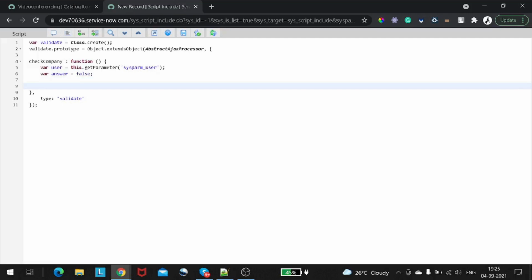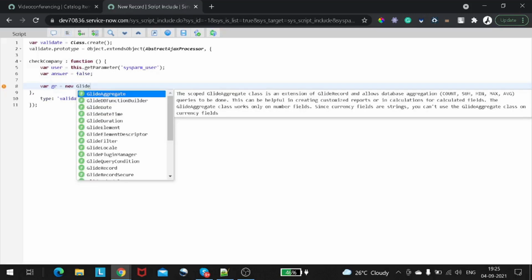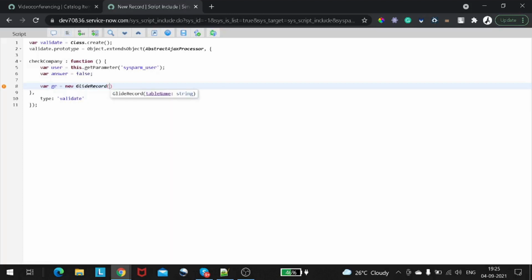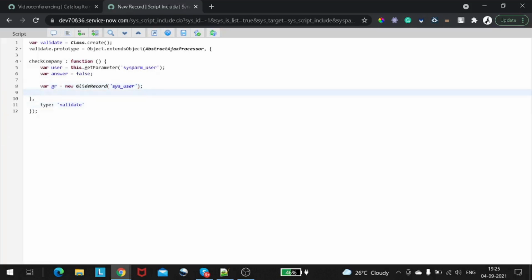So we'll do variable gr equal to new GlideRecord. And which table we will be using? We will be gliding the sysuser table because we have to check the user company, right, if he is a part of that particular company or not. Then we will do gr dot add